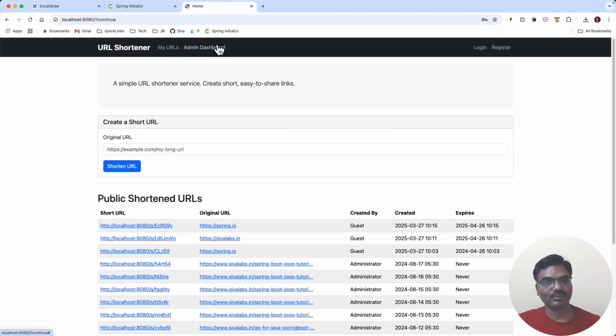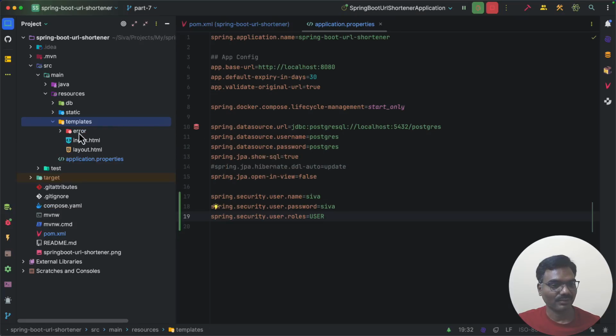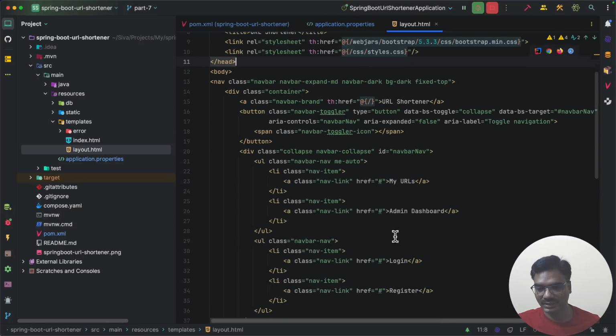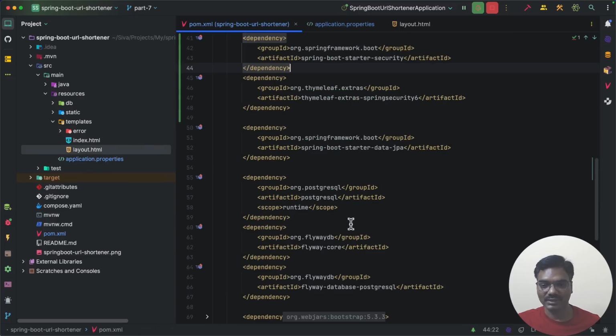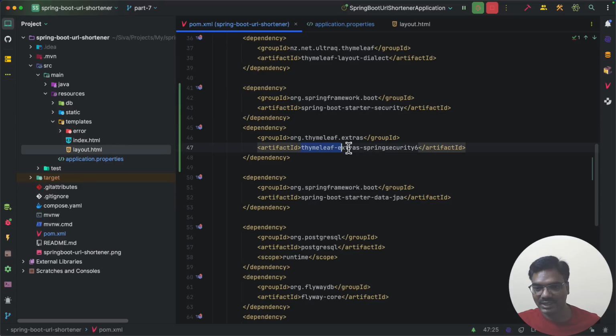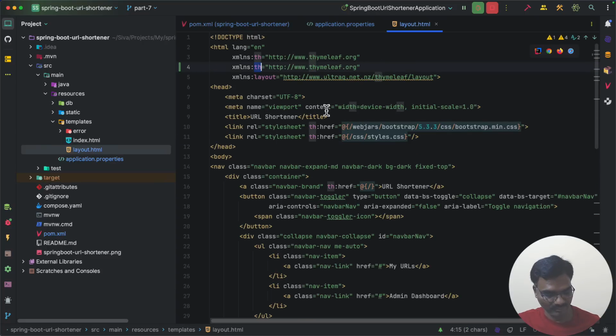And the admin dashboard link should be visible only for the people who are not only logged in, but also have the admin role. Okay, so let us change that. In order to change that, all that navigation bar and everything is in our layout.html, right? So once we have added this Thymeleaf extras Spring Security 6, we can use a custom namespace security. So let us go ahead, and here I am adding this security